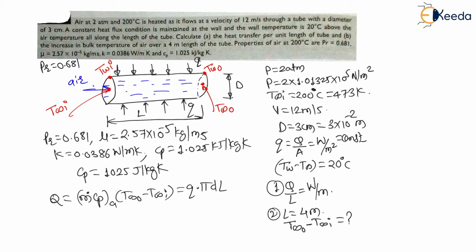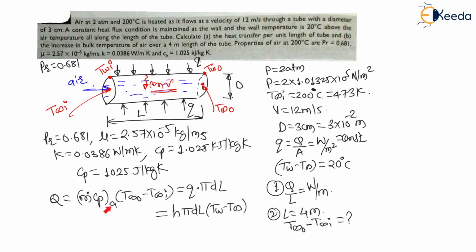Right. Again, if I want to write between this wall and surrounding fluid at any location, this heat transfer again becomes equal to, now between this wall and surrounding fluid, can I say there will be a convection? There will be a convection heat transfer, right? And convection heat transfer is nothing but h into area. Now for convection, area is again surface area. This surface is in contact with this fluid. Therefore, for convection, there is a surface area. For hA, that is pi dl, into temperature difference, that is wall temperature minus surrounding fluid temperature. Therefore, it is T wall minus T infinity. This is how this heat transfer can be written, right?